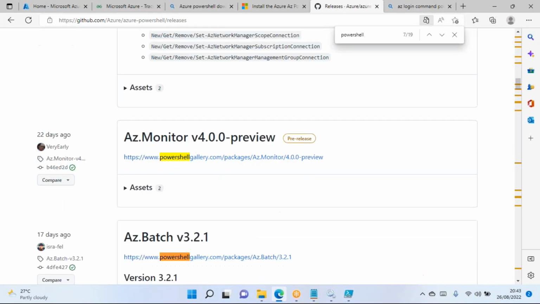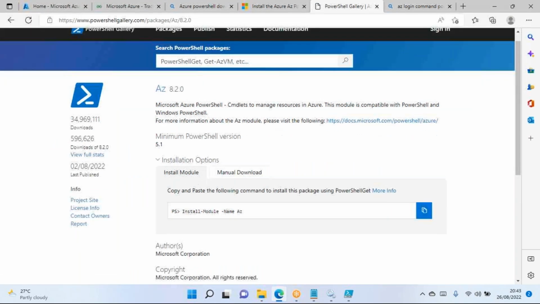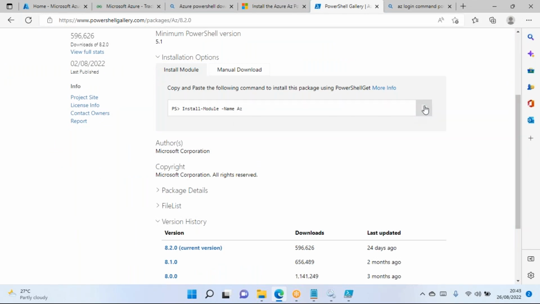Just give me a second. I'm looking for the right one. Here it is. Gallery module for Azure PowerShell. You can use this command. If not, you can go for this packages. Again, it is giving me the cmdlets. You can use